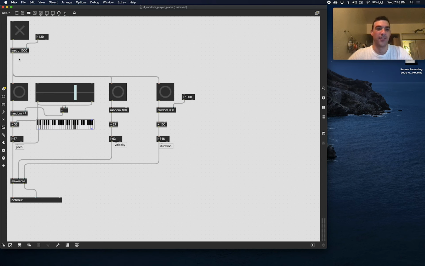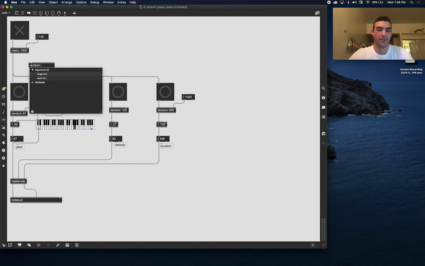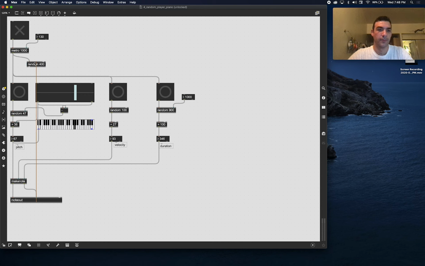So I could have this metro not only trigger all these bangs, but I could say random, and let's give it a big range, like 400. And because I don't want anything like Metro 0 or Metro 10, it's just so fast that I wouldn't get any nuance to it, I'm going to add 100 to this. So my minimum value is always 100. And I'll leave this hooked up right here so that I could see what number I'm getting now. So if I hit enter,